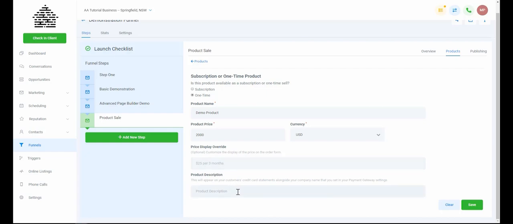Product description, we're going to put on here. This is what actually comes up on your customer's credit card statement. So it's very important to put something in here that is going to clearly identify your company or who they believe they're doing business with, whether it's your name or your company name, to minimize the issues of people not recognizing that transaction when they see it on their statement. Okay. Once you've done that, hit save,